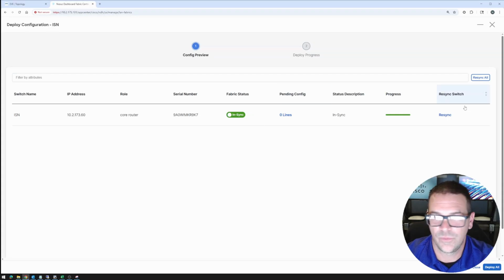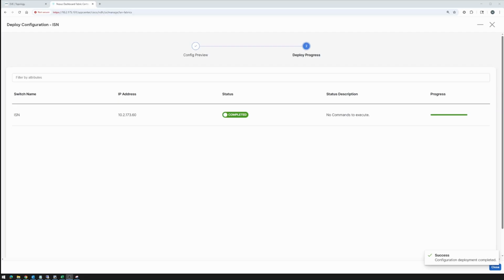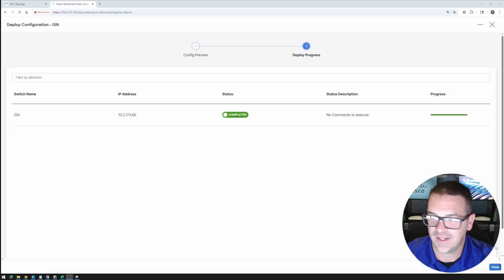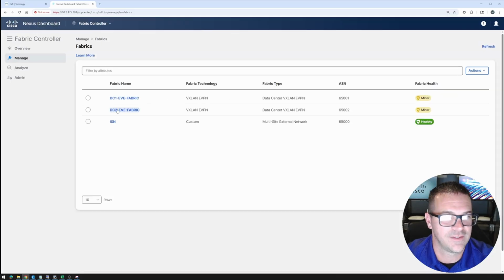Okay, so we can see that there's 0 pending lines of config. That's fine. We're going to hit deploy all anyway. So we can see here success, configuration deployment completed, and then we will hit close. Okay, so at this point, if I close out the ISN fabric, we now have 2 types of fabrics and